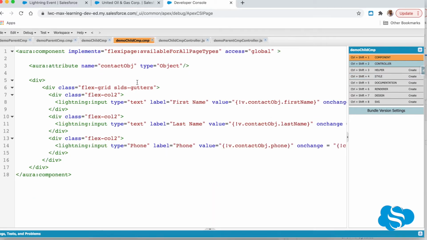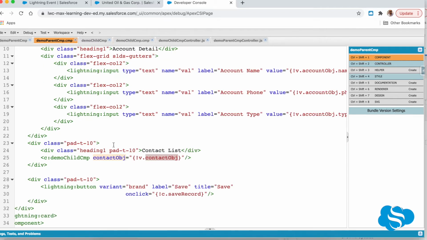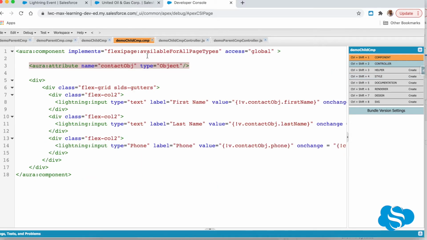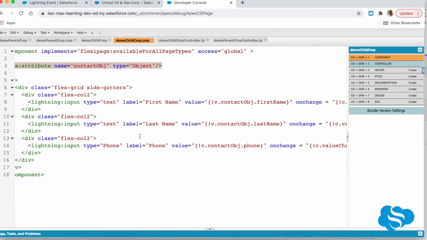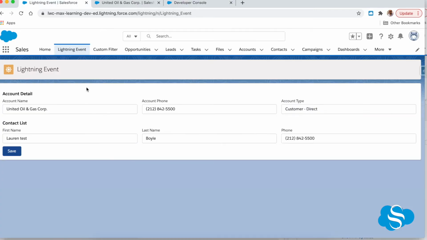Coming back to the demo child component, here I have added an attribute contact obj, which would help me hold the value coming from the parent. You can see that I have used the same way to populate contact data in the lightning input,